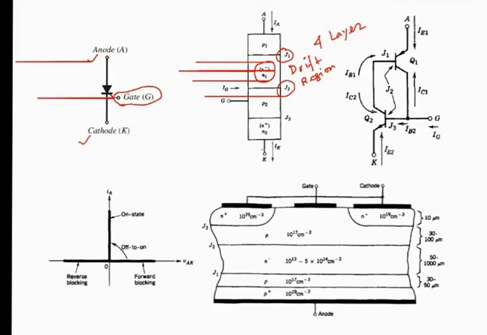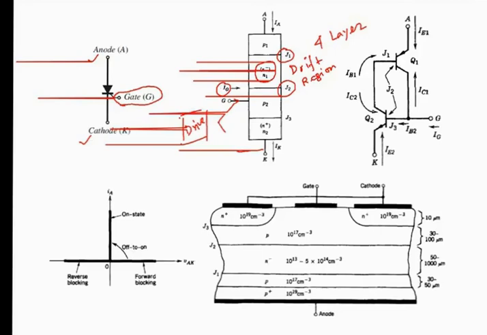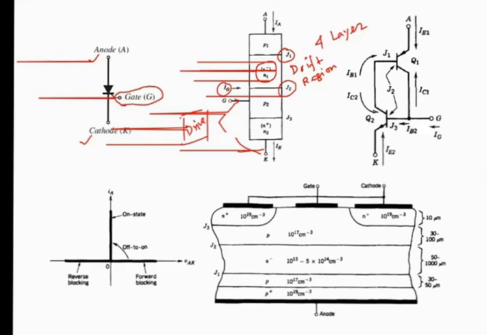Between gate and cathode, you connect a drive circuit to send a suitable amount of gate current to turn the device on. So between gate and cathode, you will be connecting some external circuits to drive this thyristor to on. But you cannot drive the thyristor directly to off, right? You can control its on time, which we'll discuss sometime later.